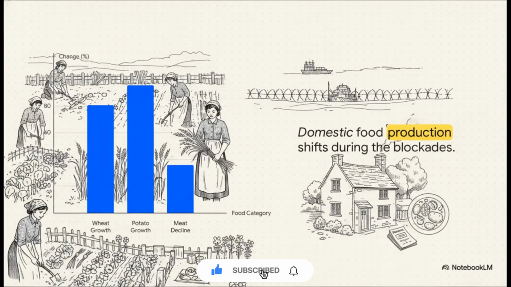To put that into perspective, this mobilization required the civilian population to completely change how they lived and, crucially, how they ate. German blockades constantly threatened to starve the island, so domestic agriculture had to massively step up. Aided by the Women's Land Army and widespread civilian victory gardens, domestic food output just soared. Wheat production shot up 81% and potatoes climbed 96%. Meanwhile, meat consumption plummeted by 36% as people relied on really meager rations. The entire nation literally adapted their diets just to survive.